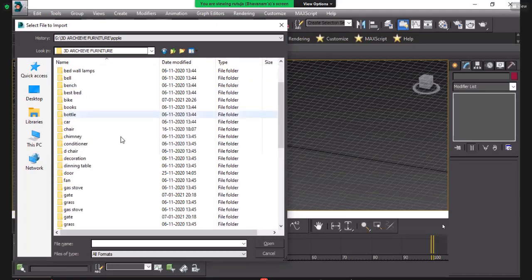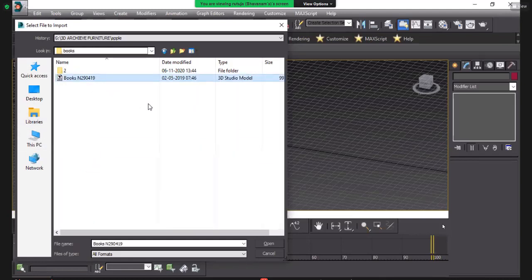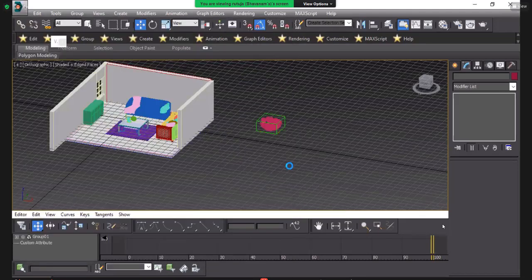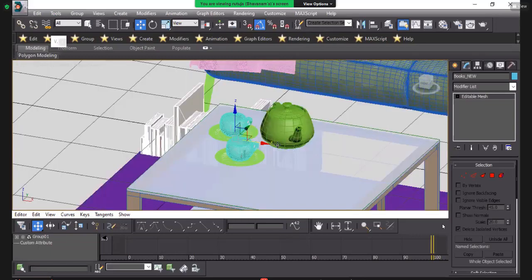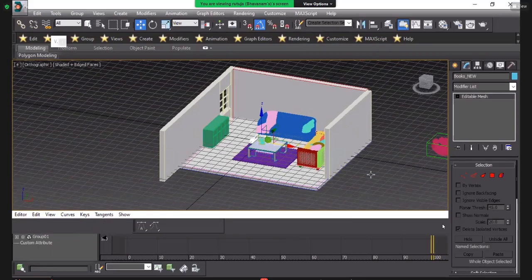Okay. So here I will place what I want from there. I want these books and this table lamp and these trees. Okay. So I get books from here. Select OK. Yes. Here is the book.